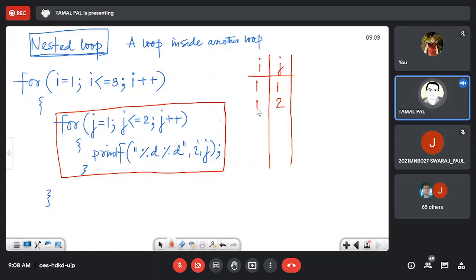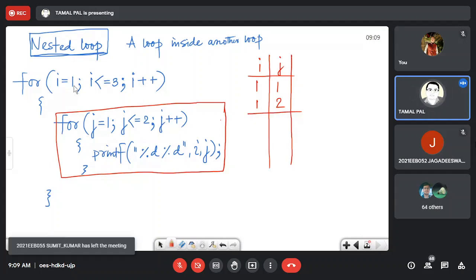So clearly when I equal to 1 and j equal to 1, this will print the value of I and j as 1 1, and this will also print 1 2. I don't need to print because you can very easily understand.